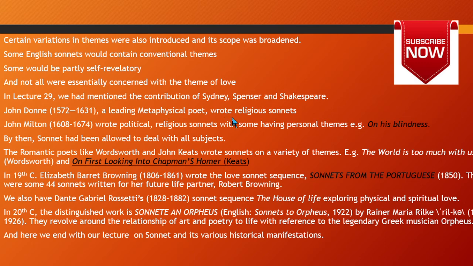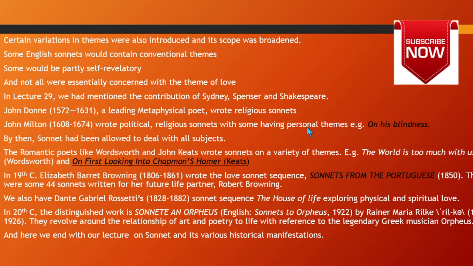He wrote mostly religious sonnets. They were not all religious, but most of them were religious in tone and in meaning. So in that sense, you can say the introduction of religion was another theme introduced by English poets in sonnets. Similarly, if you look at John Milton, he wrote political as well as religious sonnets, and